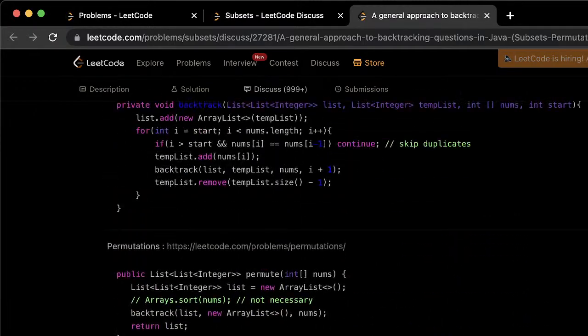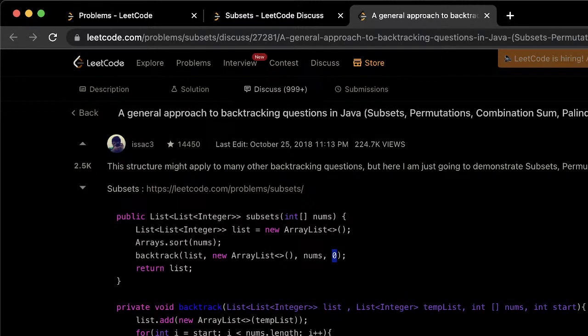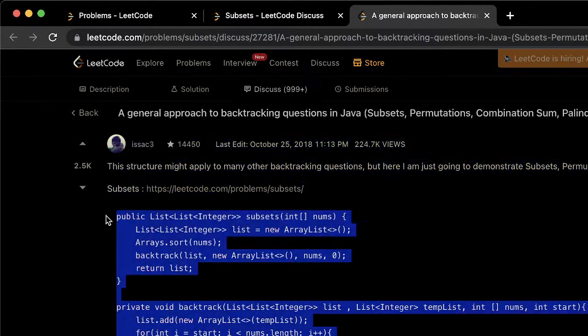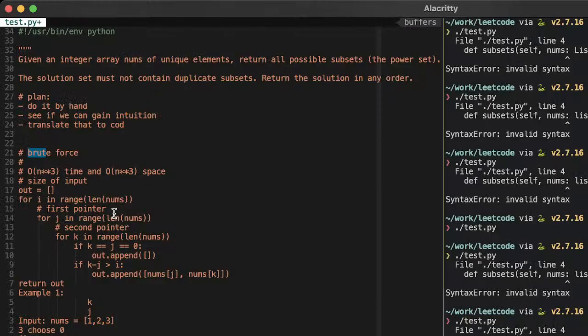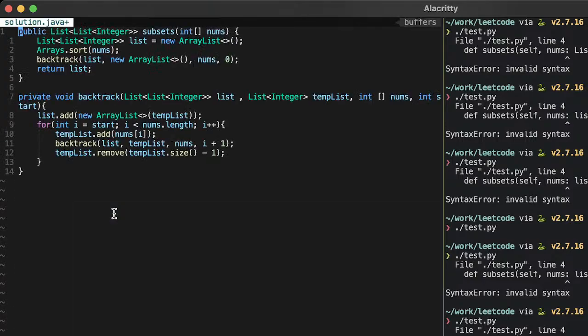All right, so let's just try and understand. The way I like to understand code that I haven't written is to take it and walk an example through it. So let's just do solution.java.